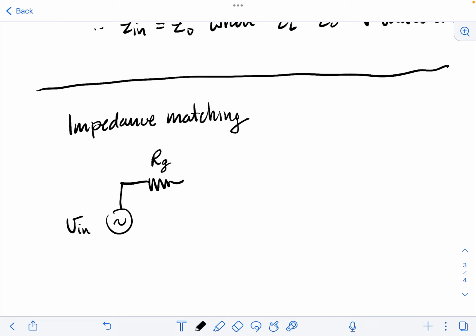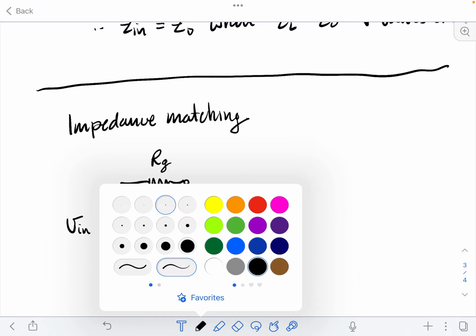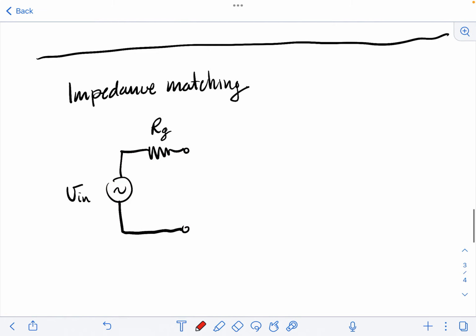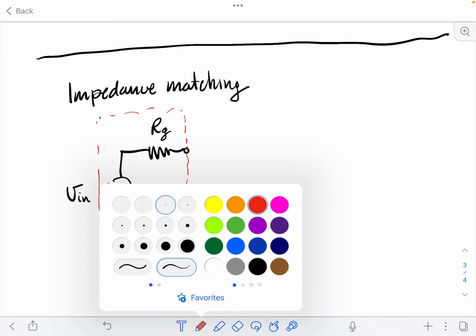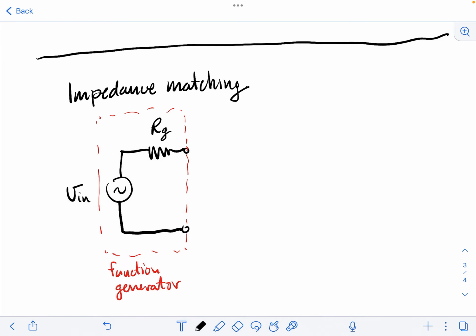It's the output resistance of your function generator. Okay, and then maybe we'll put this in a little dashed box, and we could say that this is your function generator. So it has a voltage source. I'm thinking of this as a sinusoidal function generator, and an output impedance, which we're going to consider as